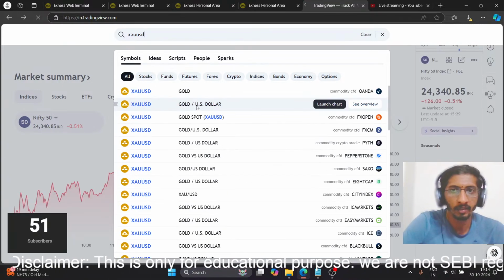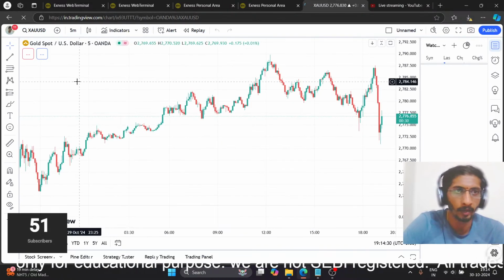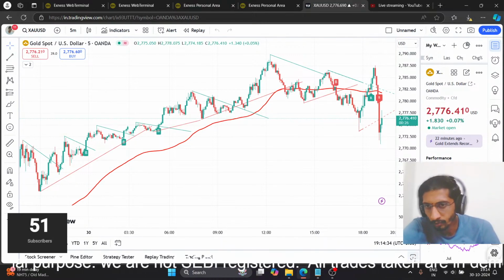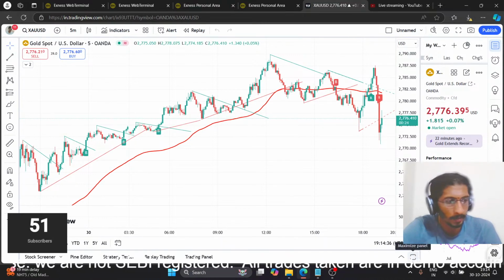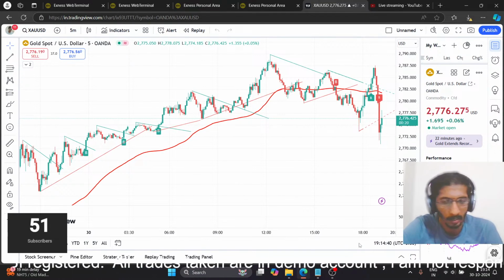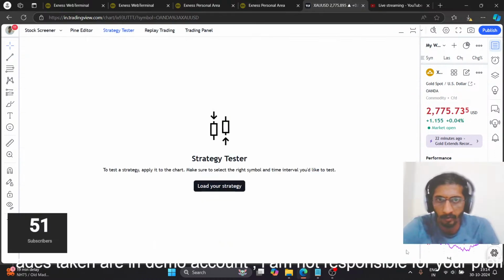So let's finish up with the indicators, then we can move to the Exness app quickly. You can also go full screen here. At the bottom, you have the maximize panel. Just below where my video is visible, at the bottom of it, you can see the maximize panel. If you click on that,